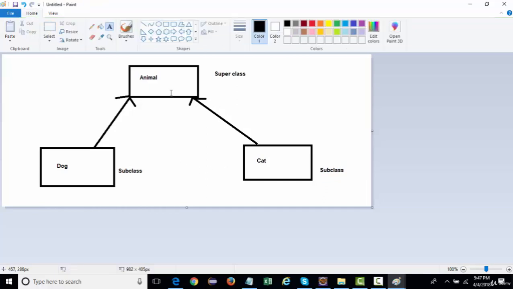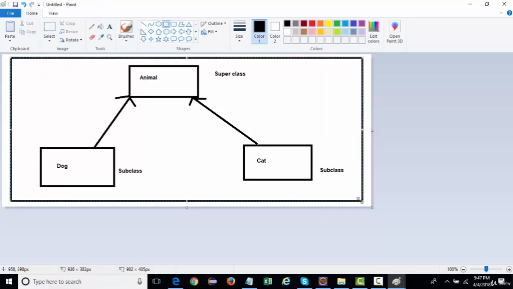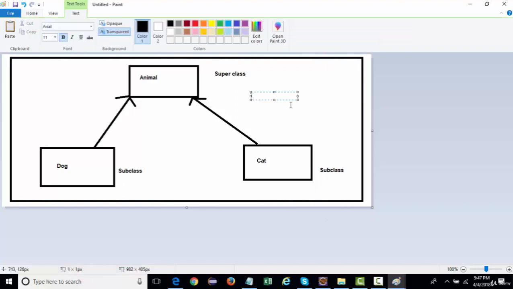Whenever a parent has multiple child classes, or a super class has multiple subclasses, this sort of inheritance is called hierarchical inheritance, where a parent has multiple children.